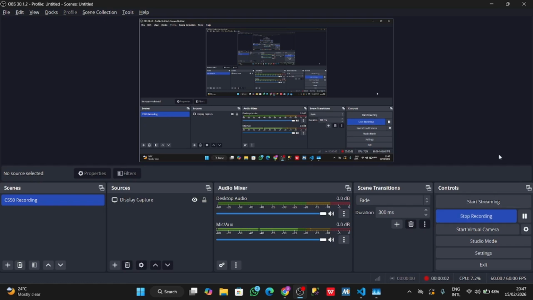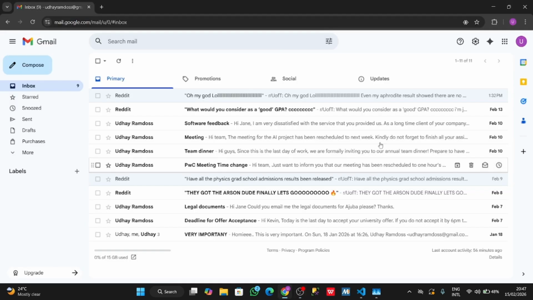Hello guys, this is the demonstration of my email analyzer AI, which has been built based on the Google BERT-based case model. This AI will be pulling emails from this dummy email account which I have created. The emails will contain promotional emails from Coursera or threads from Reddit, and some important emails, for example, software feedback from a client, like this fake email which I have created, and deadline for offer acceptance for